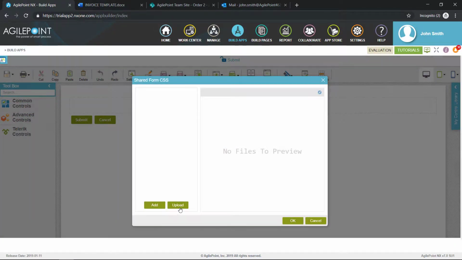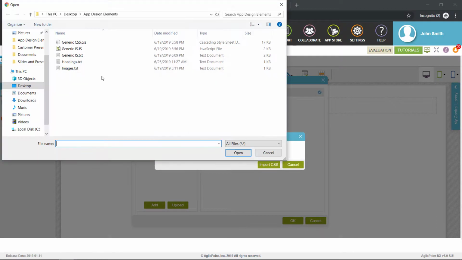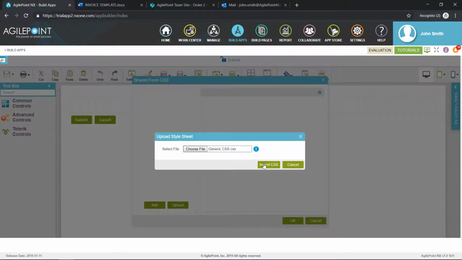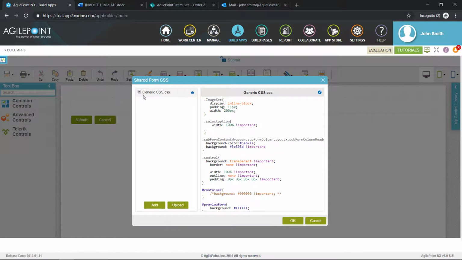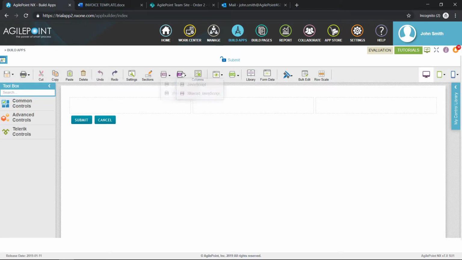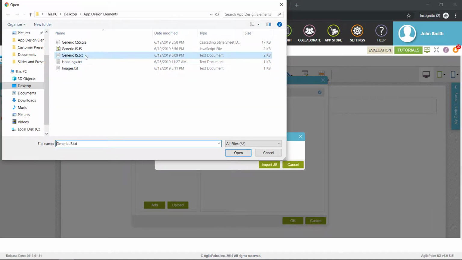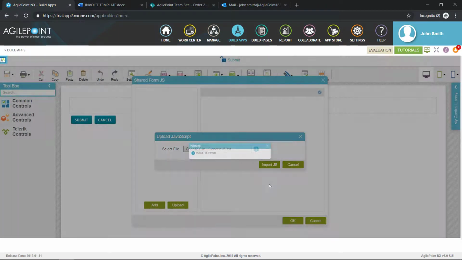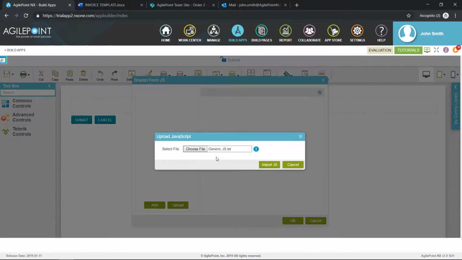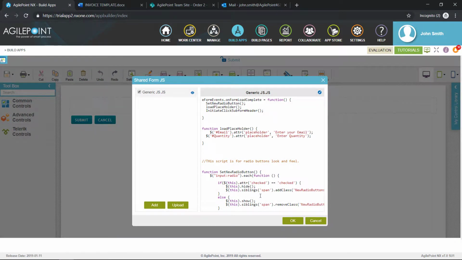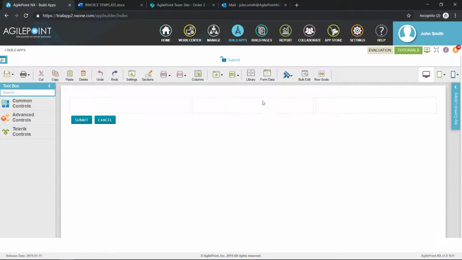And so my application can fall under my organization's branding, I'll quickly apply some CSS and JavaScript. Okay, so now that our form falls under my organization's branding, let's add one extra column here,